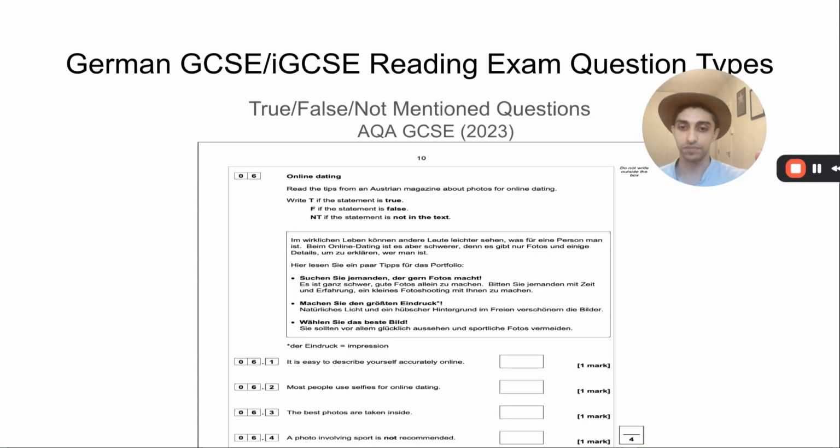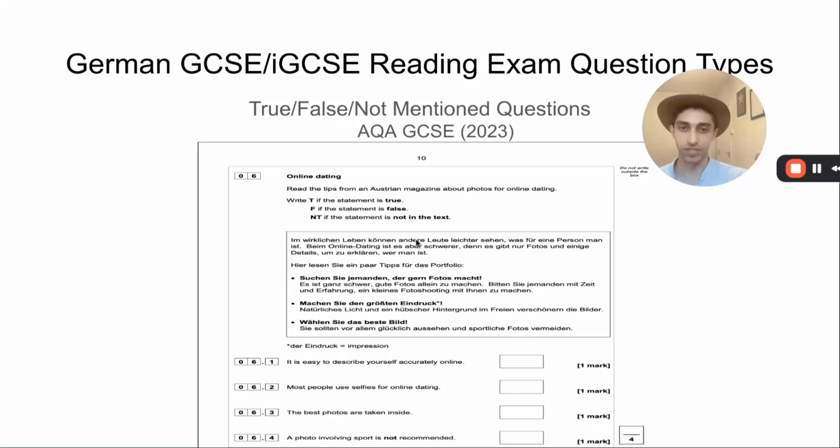So if we look again at the first one here, it says, it is easy to describe yourself accurately online. Once you've read over that statement, you then go back to the text, which hopefully you would have already read at least once, and try and find where any proof is that that is true or false. In fact, that is found in the first paragraph here, where it says, in real life, it is easier for people to see